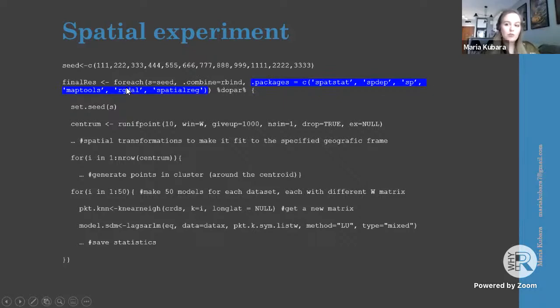So I changed the for loop that was going through the different data sets to the foreach do par loop. And as you can see, there is one novelty. I needed to load all the packages because it's spatial data sets and spatial analysis. You need to have quite a few of these. But if you specify this to R, it will be done automatically then, right?